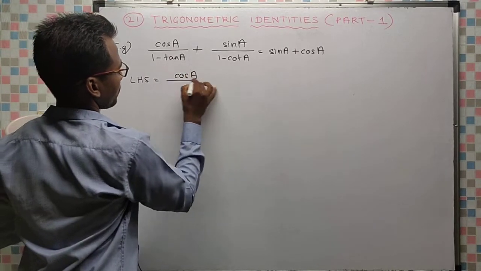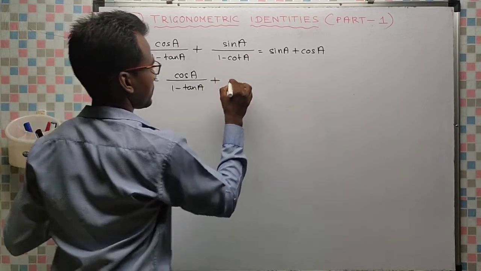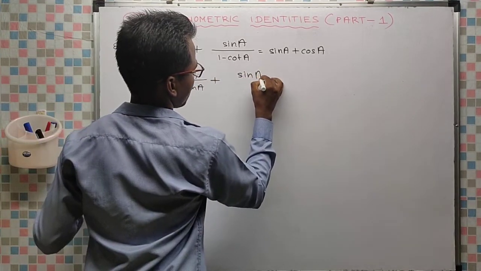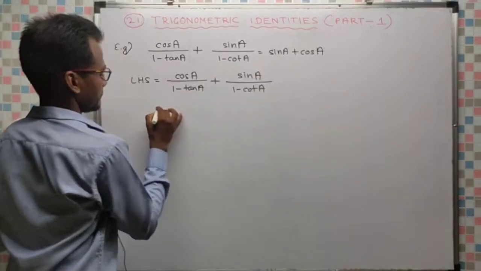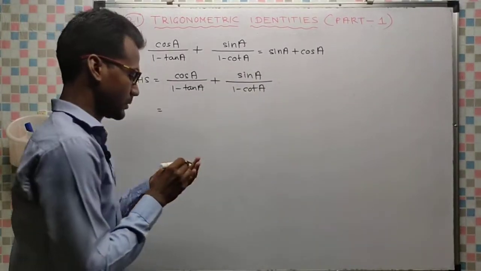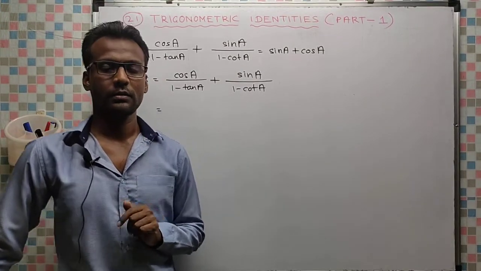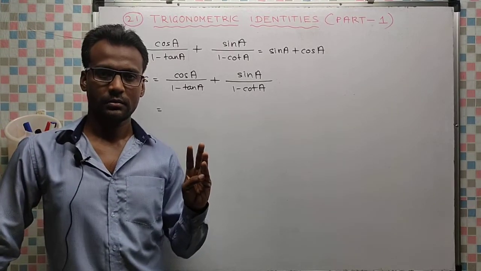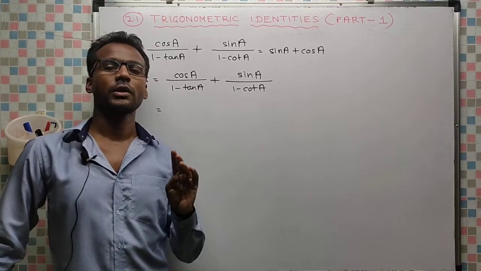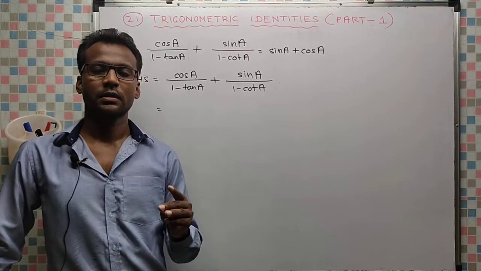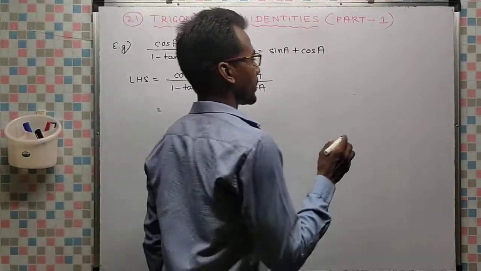Cos A by 1 minus tan A plus sin A by 1 minus cot A. Now there are 6 different trigonometric ratios: sin, cosec, cos, sec, and tan, cot. So in total there are 6 different trigonometric ratios. Out of the 6, the first 2, sin and cos,